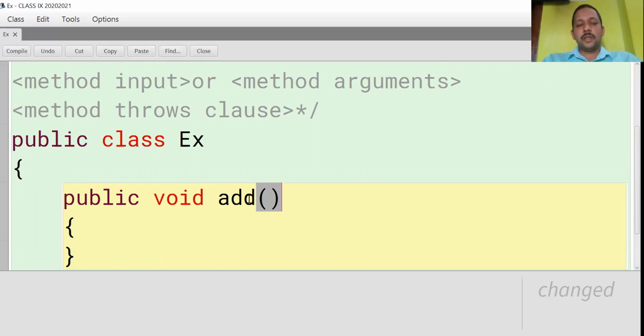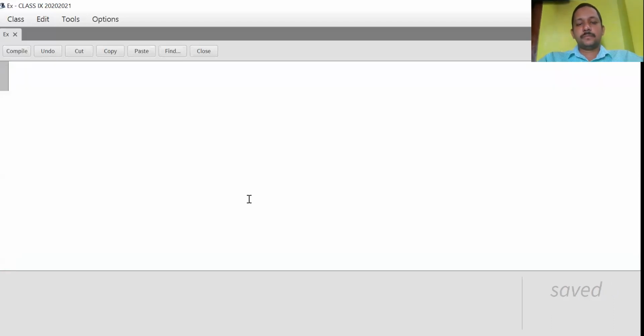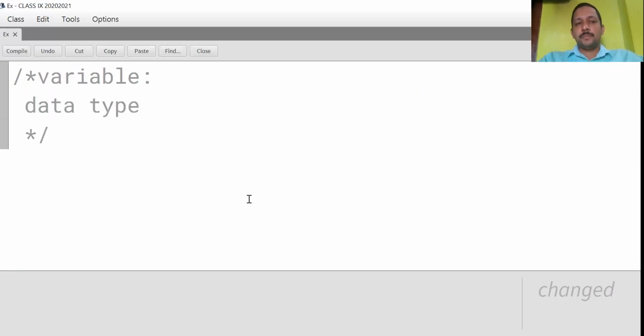The next third syntax is variable. What is the syntax for variable? Now multi-line comments I am using. So the variable syntax, data type space variable name. At the end, semicolon compulsory.